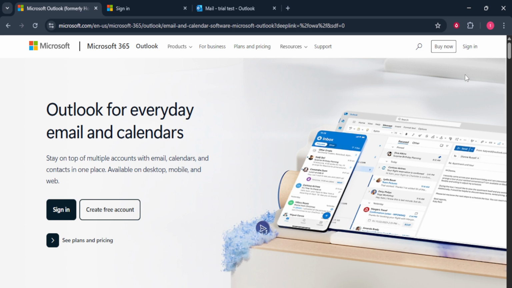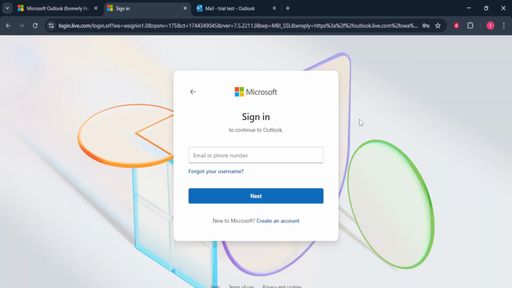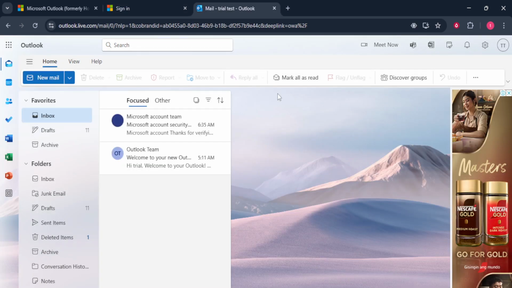Once you're on the Microsoft Outlook page, look at the top right corner of your screen. You should see a sign in button there. Go ahead and click on it. If you haven't signed in already, this is the time to do so. Enter your registered email address and password to access your account. Once you've entered your credentials, click on any button that completes the sign-in process, and soon you'll be looking at